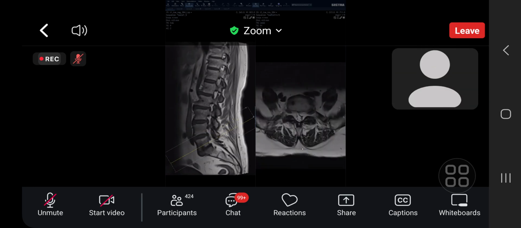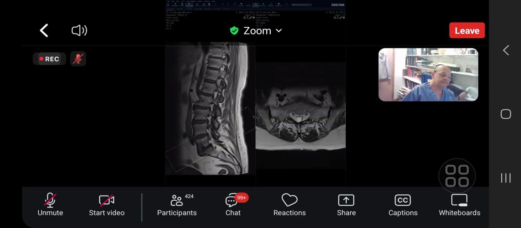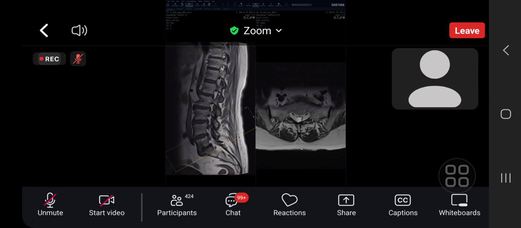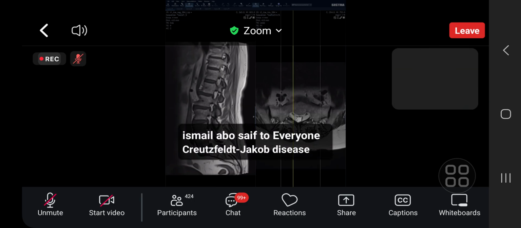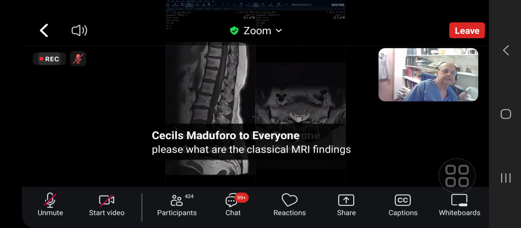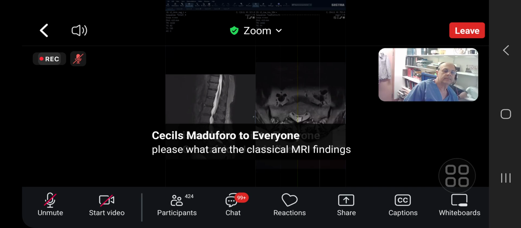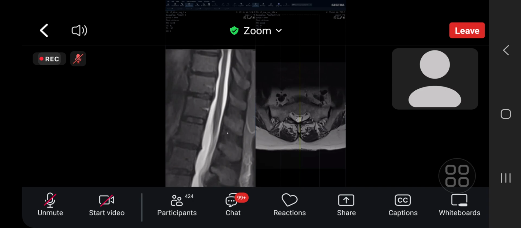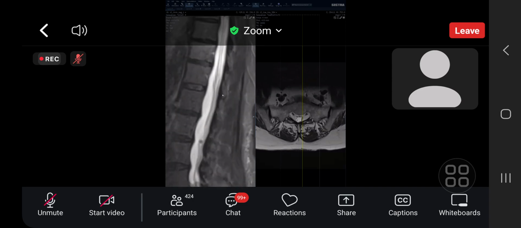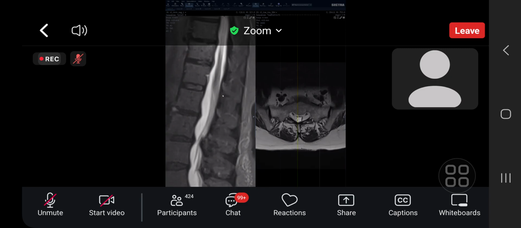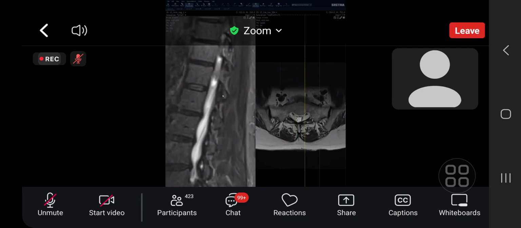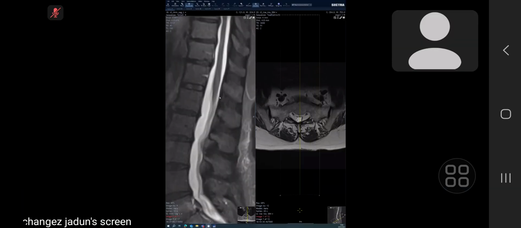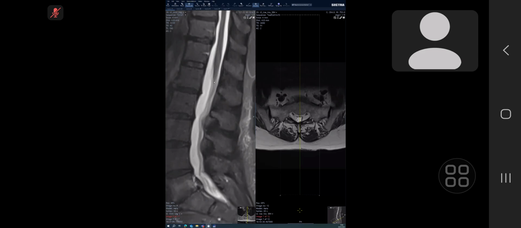So what are you looking for? Sir, I am looking at the cord and the cauda equina. Here is your cord, lower thoracic cord, conus. It appears to be normal, but in the center, sir, here, I am suspecting that there is a